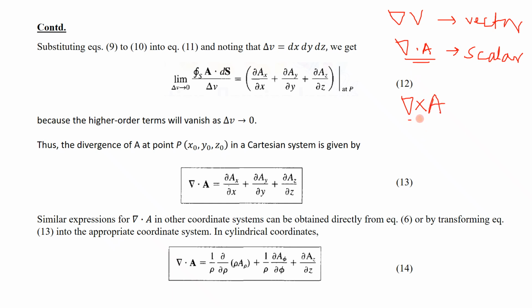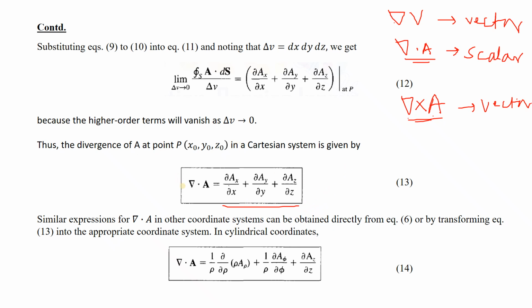Now there is another operator, we will be studying that later on. There is a cross product of A. It is also an operation. It is called curl of A, and since it is a cross product, because del operator is a vector, we cannot call it a vector, but this operation has a vector property. So when cross product with the vector, we get another vector. Since divergence is a dot product, the output is a scalar.